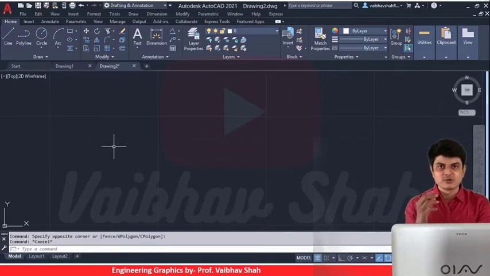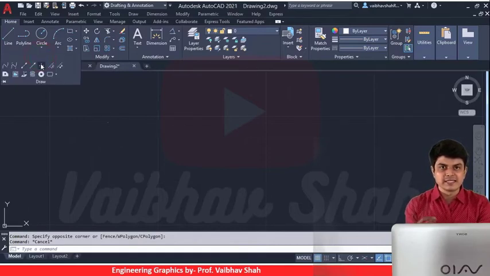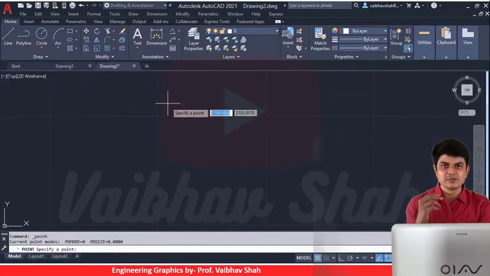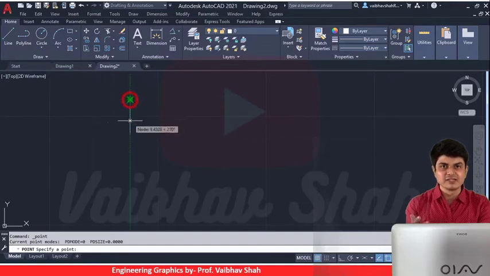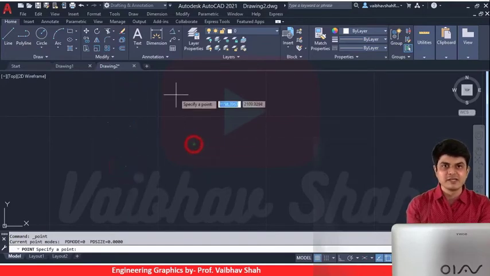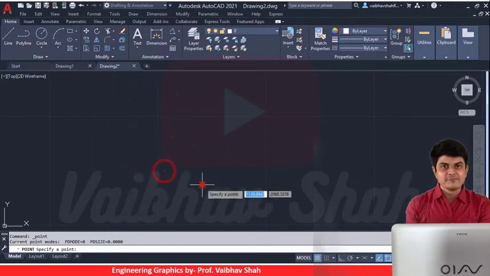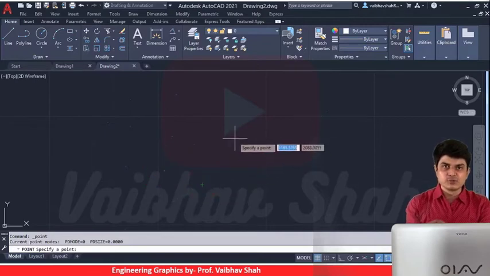Now let us suppose I need to draw multiple points. So let us select the multi-point command from your draw ribbon. I will go into draw and select multi-point, and let us draw more points with this command. Anywhere you can select the points. So let us select a few random points for understanding, and to end this command you should press escape. If you don't press escape, the command will go on and on. It will not terminate automatically.